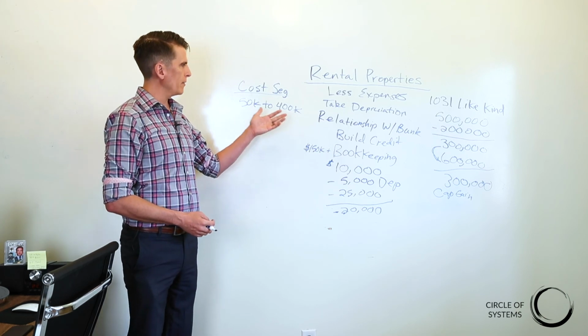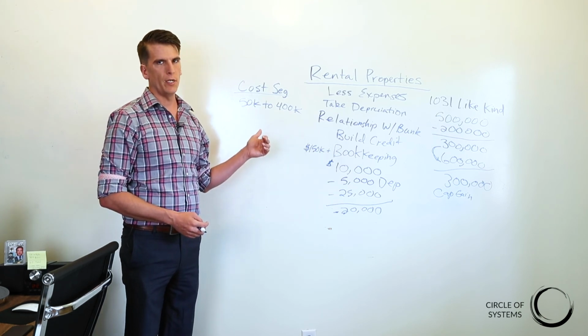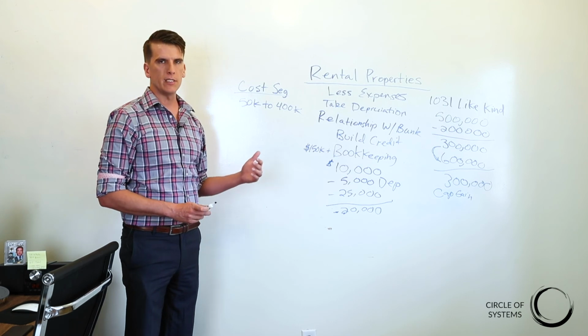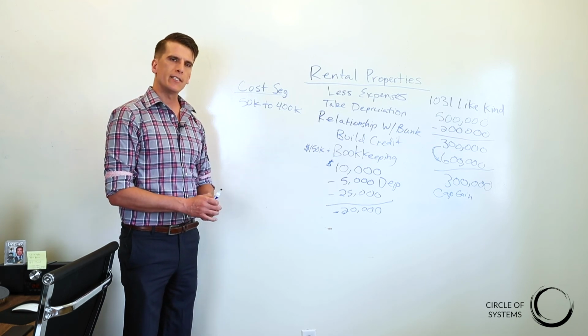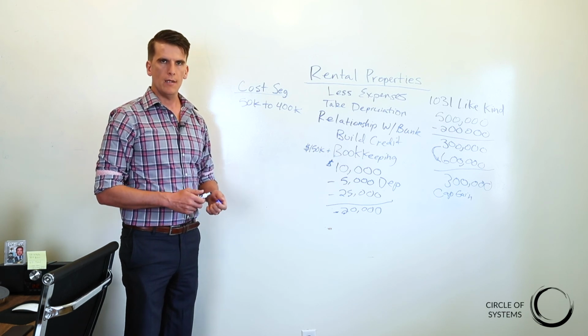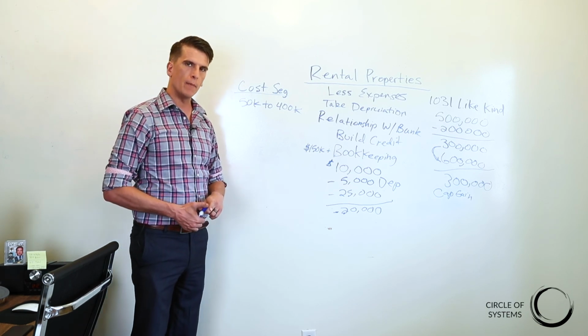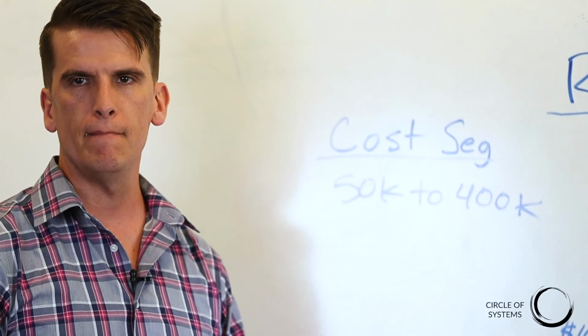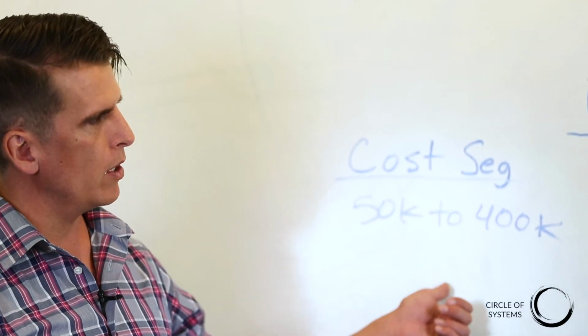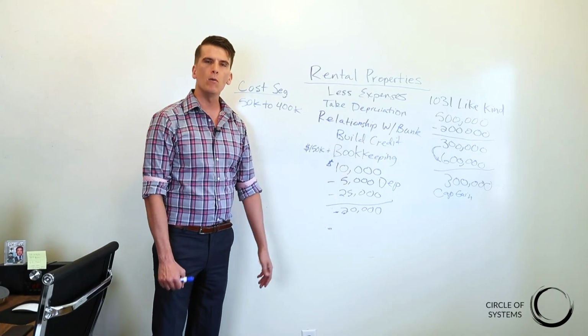So you need to plan out the size of the buildings that you're doing, the types of the buildings that you're doing, so that you're getting the best tax outcome instead of just saying, I need a rental property. You want to make sure it's the right rental property to get you the exact tax outcome that you're looking to get. Now we'll go into these a lot more in another video, but for now, hopefully that helps.